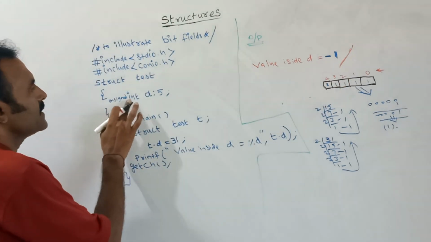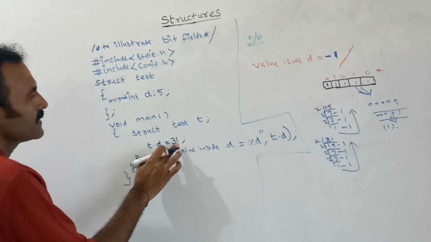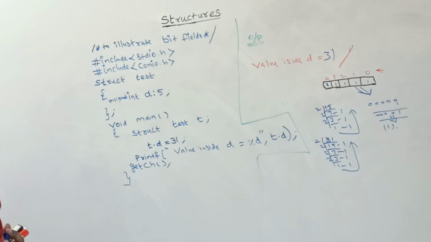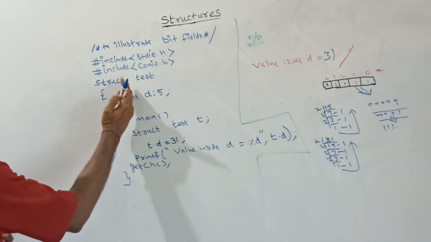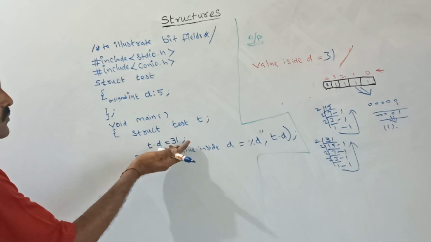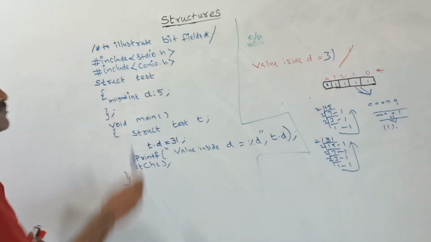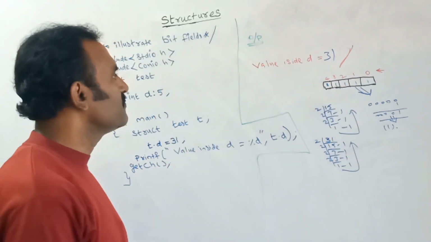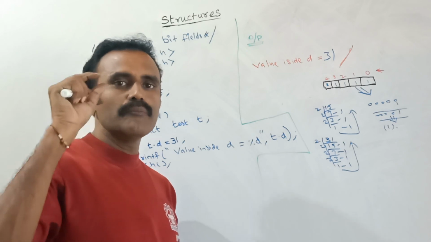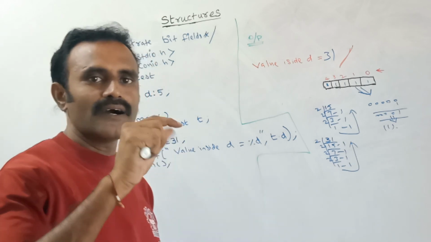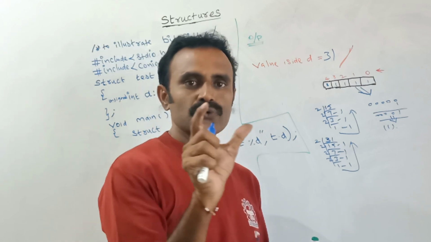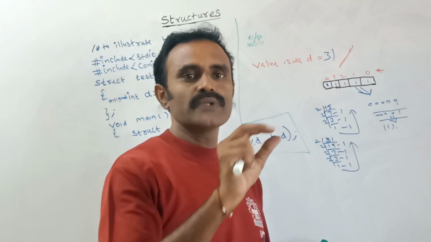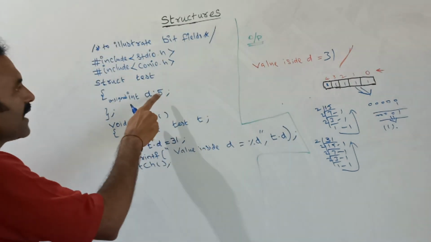Suppose if you are using unsigned here and you are declaring the date as 31, then the value will be correct. Suppose if you need to use signed without using unsigned, if you want to store the 31 date, then you should extend this bit level. If you extend this bit level, then it will accept the date. So before giving the data, we should know about the binary values of that data, how it will be stored in the memory. According to that, we can know how many bits that data contains. According to that, we can declare or assign the bit.